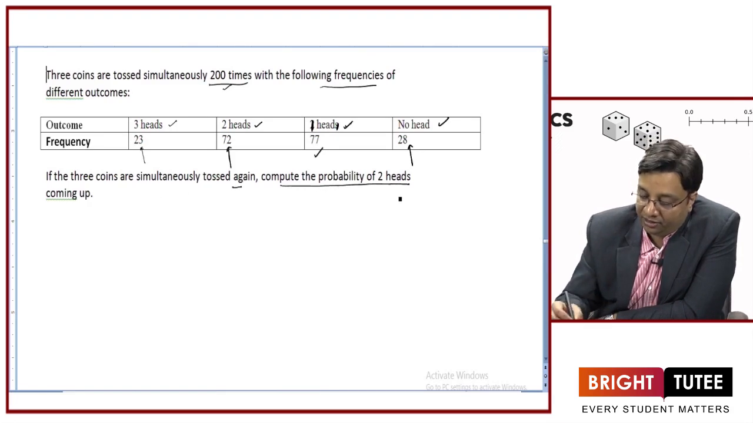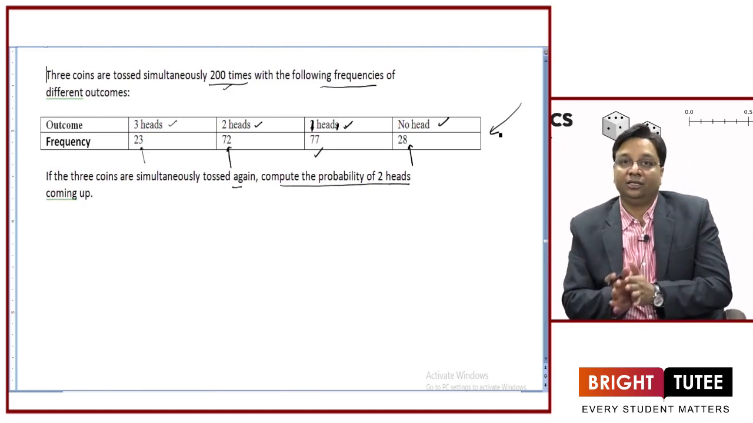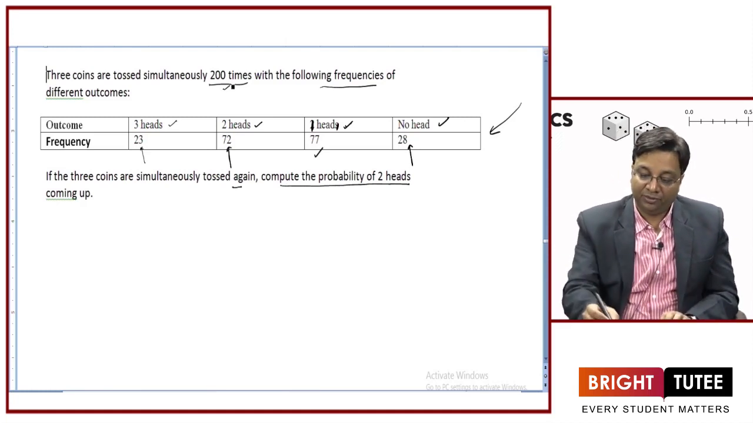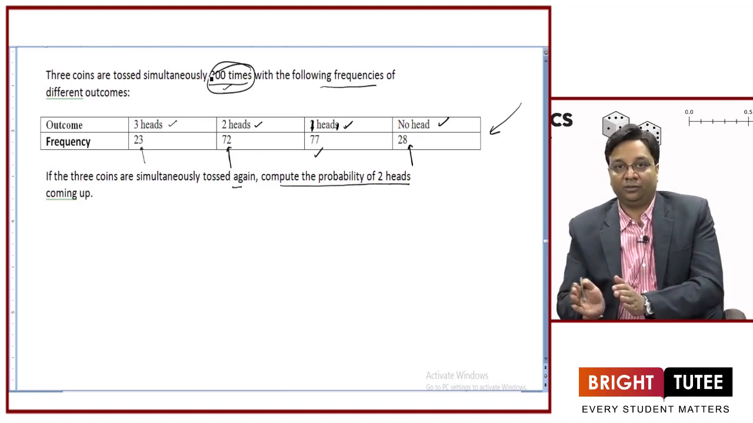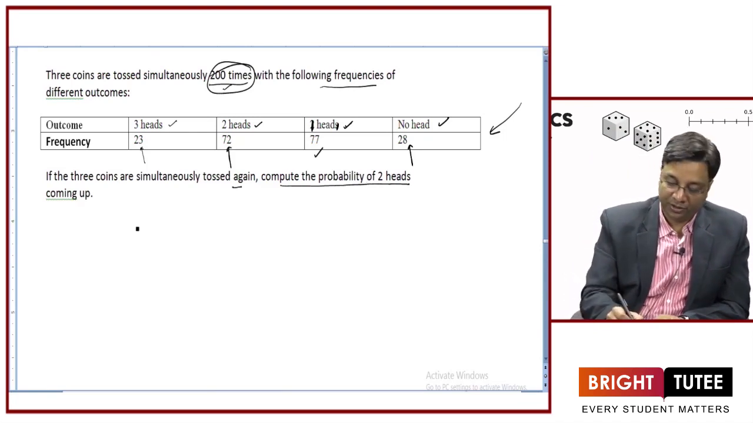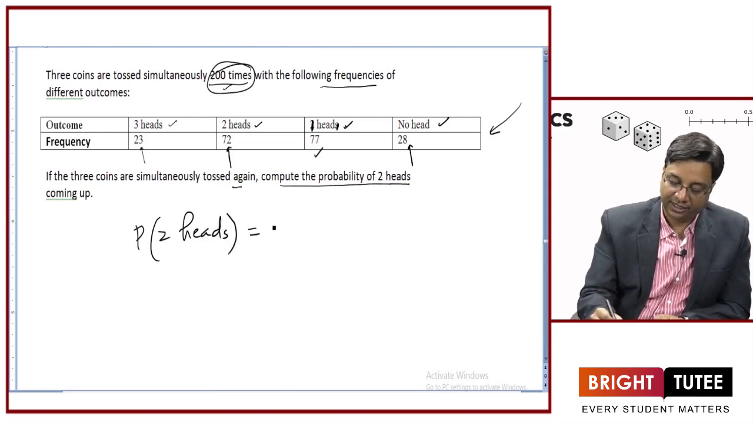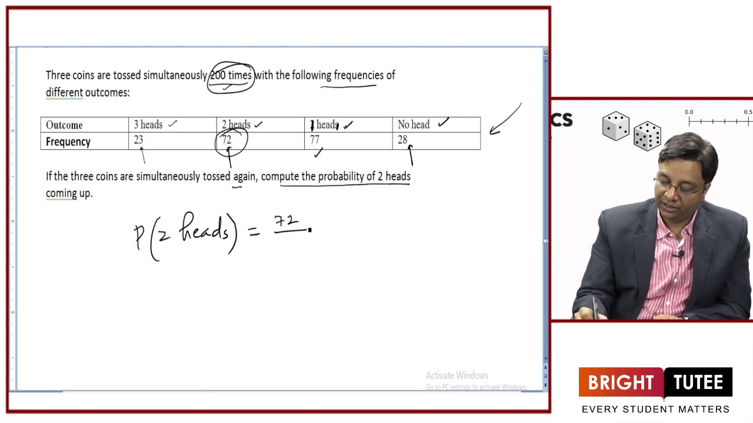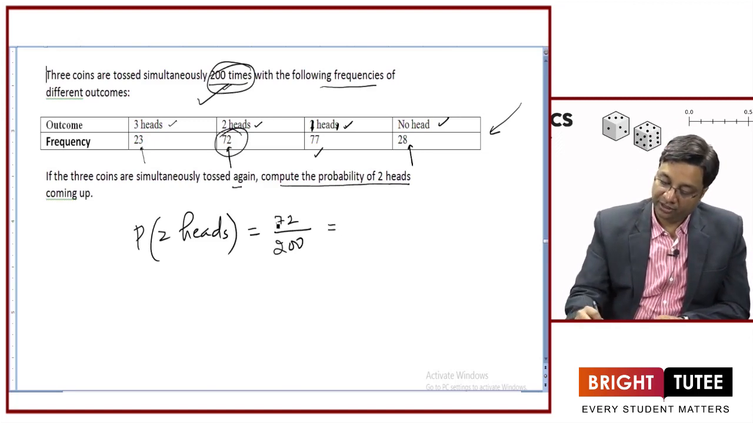Now, based on the data from the experiments that were performed 200 times, we will calculate the probability of 2 heads in the next toss. So, the probability of 2 heads in the next toss will be equal to 72 divided by the total number of times the experiment was performed, 200. Okay. So, it will be equal to